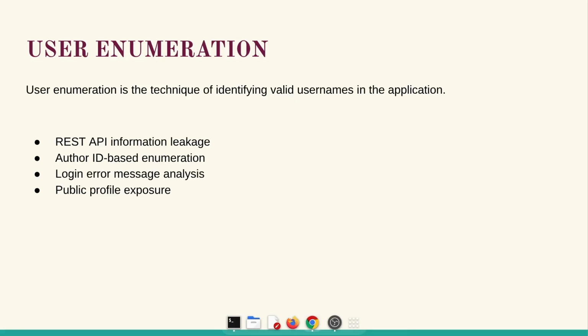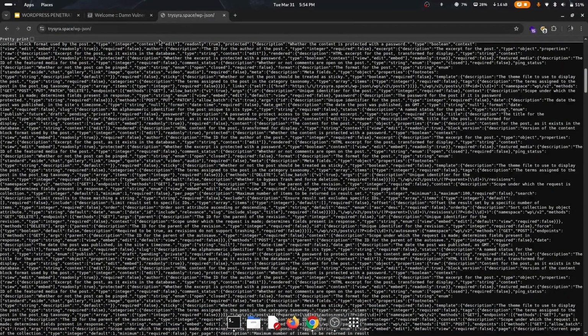The impact is that an attacker can get a valid username without guessing blindly. In public profile exploration, WordPress exposes usernames through public content like blog posts, comments, and author pages, so we have to enter admin and